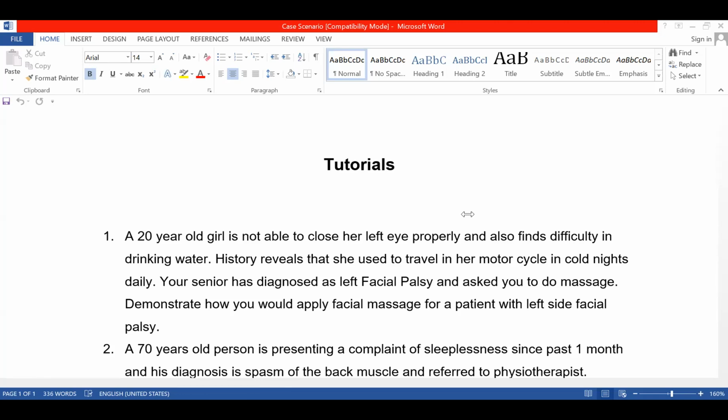Okay, for the lower limb, if the patient is very bulky, then you have to go with two positions. First, you will be doing in supine, then you will be doing with prone. If the person is very thin and you are able to manage the whole lower limb with one hand, then you can just lift and do the technique. In that case, you can just prefer supine lying. No need to go for prone lying.